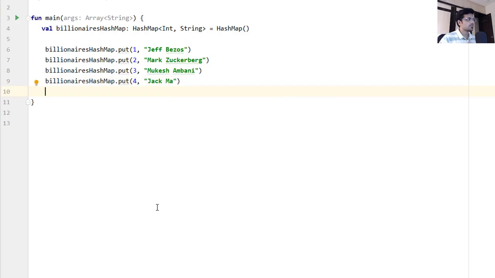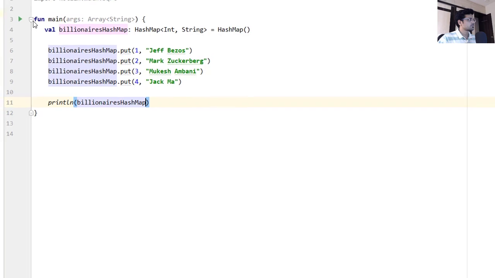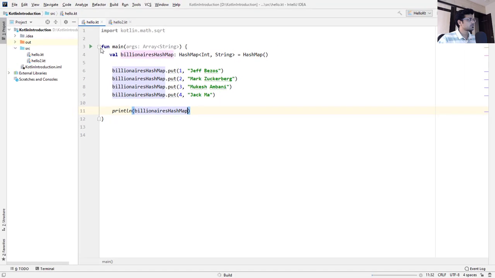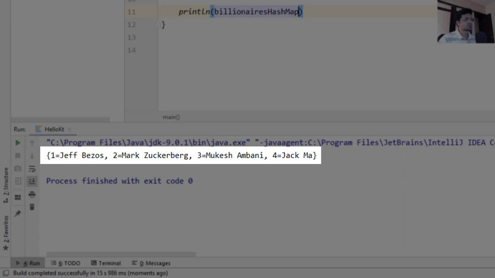Now let's print them. This is one way to create hash map.